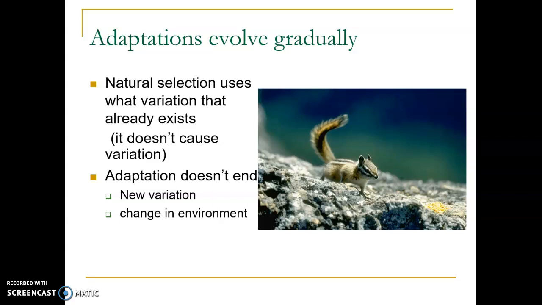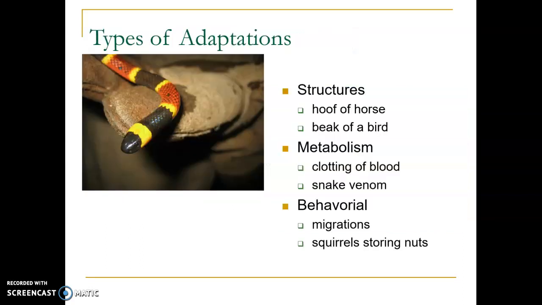In addition, if the environment changes, then different traits may be more important than others. And so as we look at climate change, we have concern for species that do not have enough variation within their species to survive a large change in temperature, in the amount of rain it gets, in the elevation of the oceans or whatever.